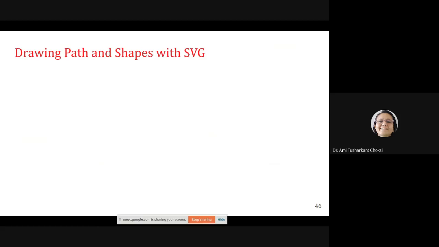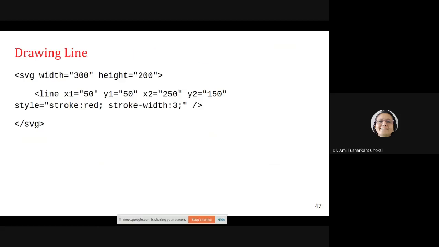So how can we have that? For that, let us say we have SVG width equal to 300, height equal to 300. We were specifying the canvas width and height also, right? Here we are specifying the scalable vector graphics width and height with the SVG tag. Width is 300, height is 200. It depends on your graphics, what you are making. You can set it, try it yourself, and modify it the way you want.